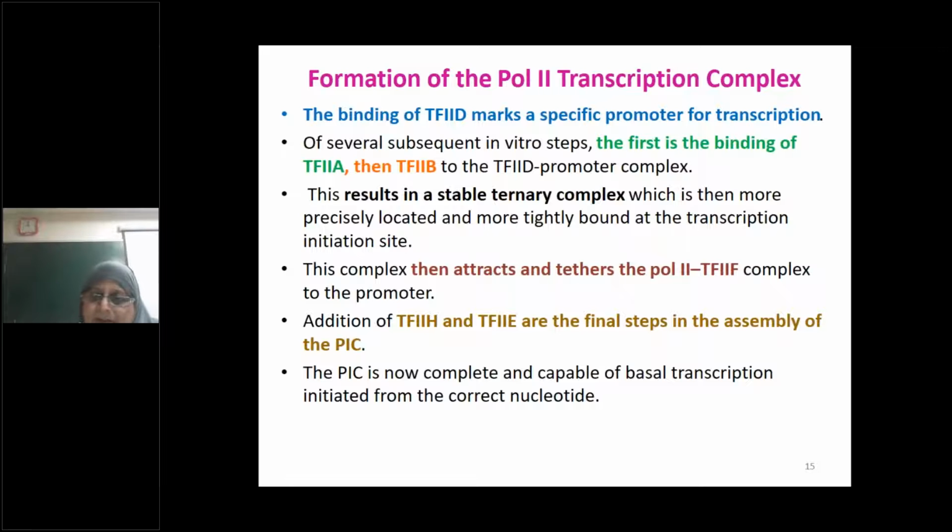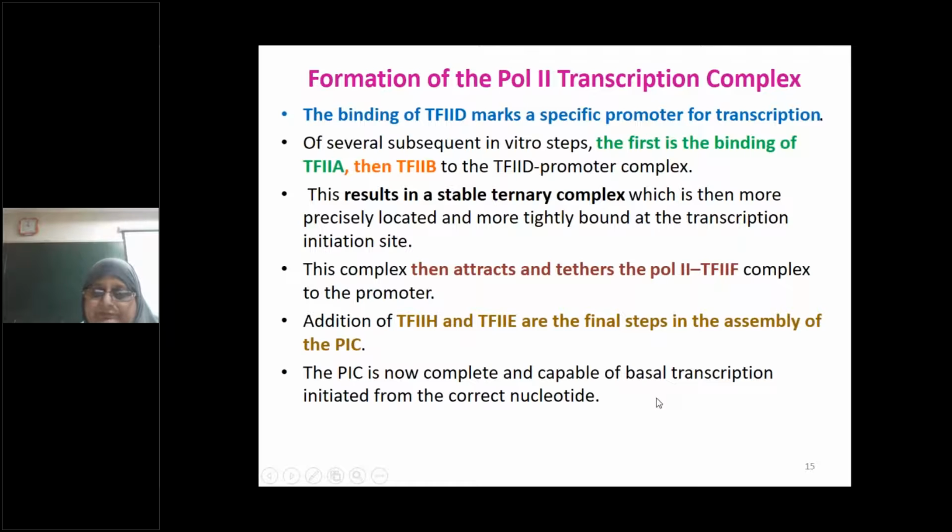When I'm talking about polymerase 2 enzyme, it means we are talking about the synthesis of the messenger RNA. So from the DNA, messenger RNA is being transcribed by RNA polymerase 2 enzyme. So this attracts and tethers this polymerase 2 and F complex to the promoter. So addition of transcription factor 2H and E are the final steps in the assembly of the pre-initiation complex. So once all these come together, the pre-initiation complex is now complete and capable of basal transcription initiated from the